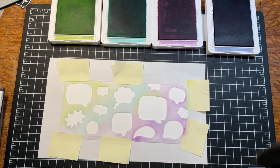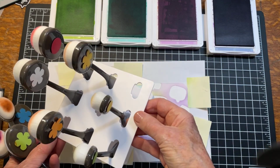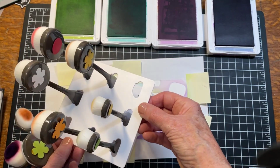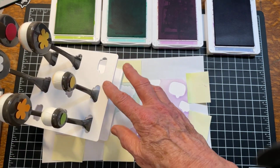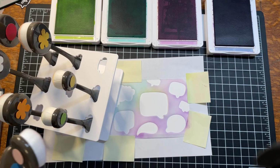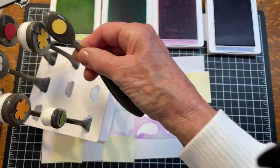So now I'm going to bring in my blending brushes. So let me just share once again. If you are interested, there is the holder for blending brushes, and you can have it going either way. Because I have my markers this way, so I wanted to look at it from this way. I am really enjoying this. It's not for everybody. Some people like to put their blending brushes in a cup or whatever. I like how it keeps them apart from each other. I can see things readily and get them readily, and it fits both sizes,